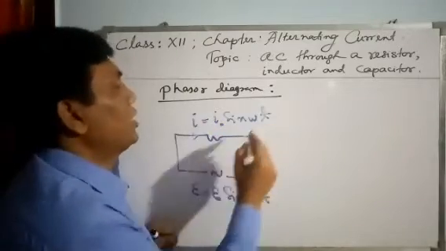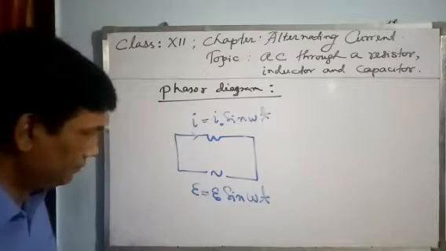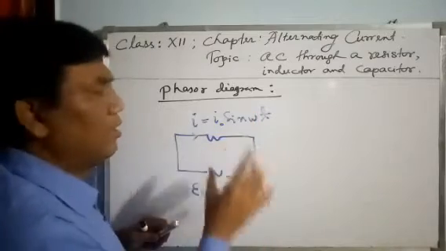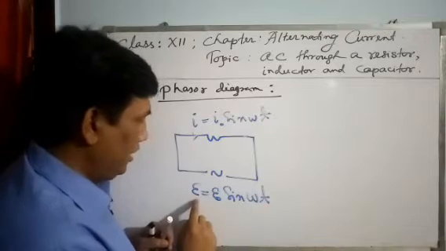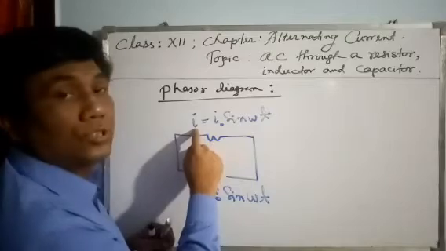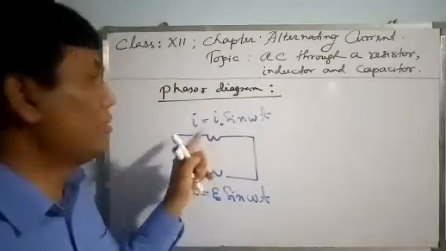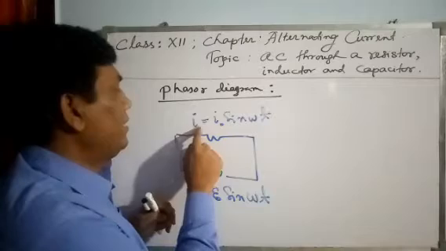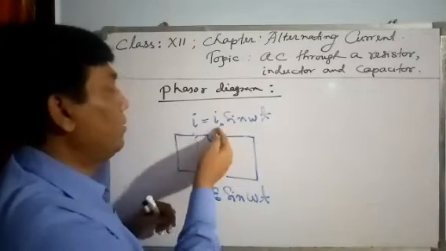If this is the corresponding expression of current, then you just compare these two. It will say that the rhythm of voltage and the rhythm of current are both the same. At t equal to 0, E equal to 0 because sin 0 is 0. At t equal to 0, current is also 0. It means when voltage is at the mean, current is also at the mean. When E is max, E naught, then current will be maximum, I naught. When E is minus E naught, then current will be minus I naught.